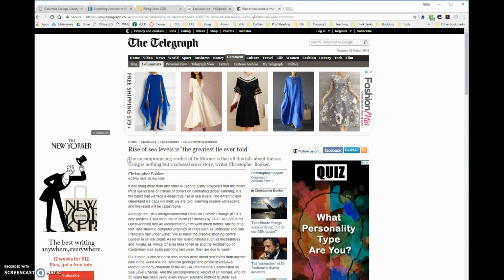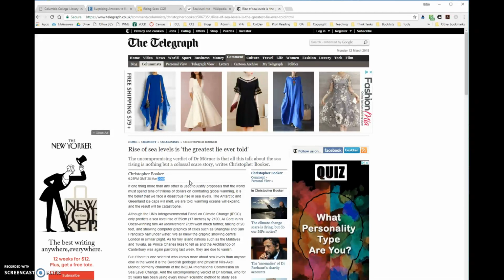This looks like a very different publication than the one we just looked at previously. First of all, I see a number of ads on it, and I also see some information about when it was published. This one was published back in 2009. I believe the scholarly article we looked at was published in 2011. And so for a topic such as climate change or sea level rise like we're talking about here, there's a lot of information that's come to light since both 2009 and 2011. So if I was using either one of those sources, I would want to keep that in mind and make sure I also use some newer information.